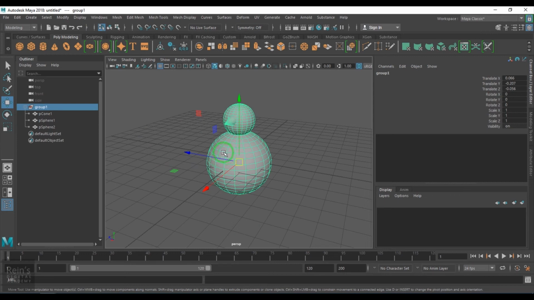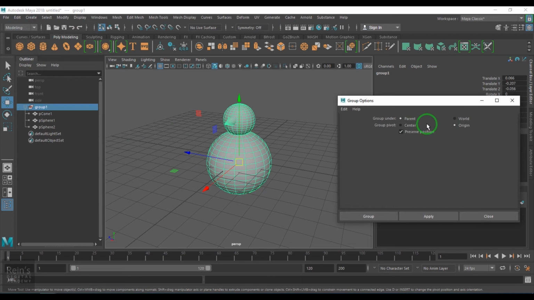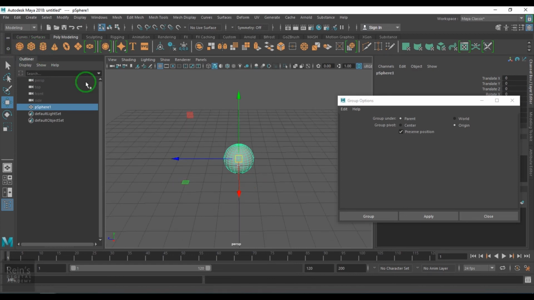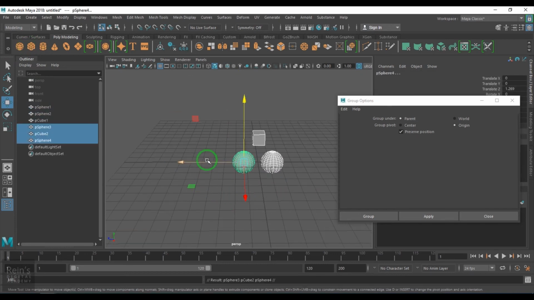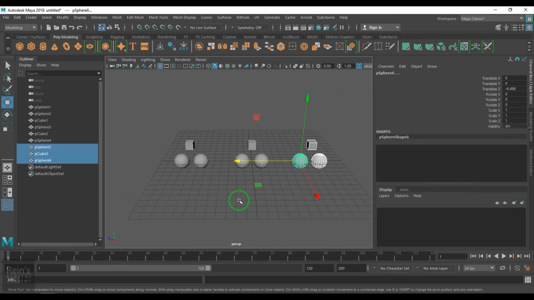And there are some options inside the group here, and what are they? I'll show you. For that I will create an instance here. Okay, now there are three different sets here.